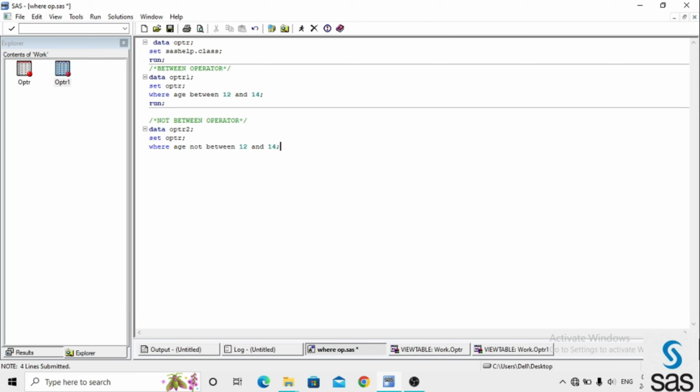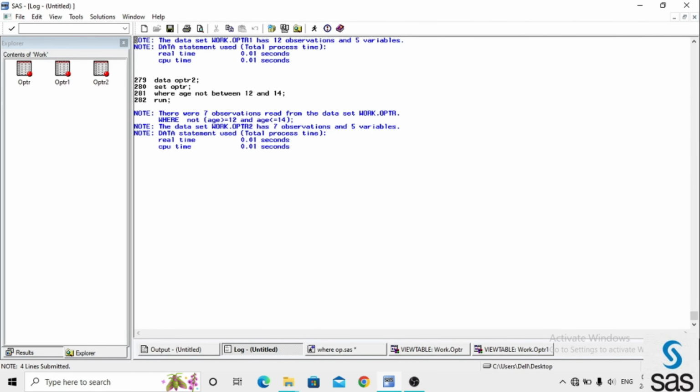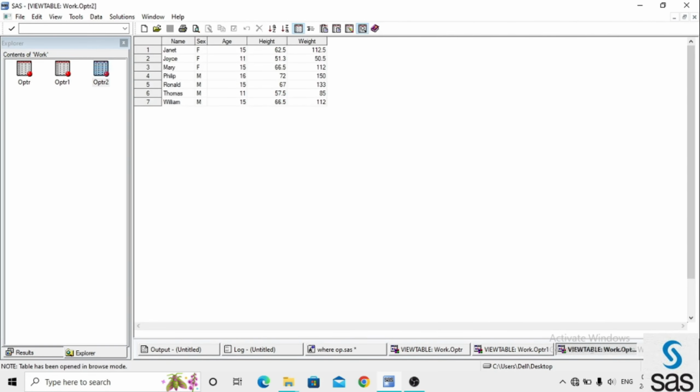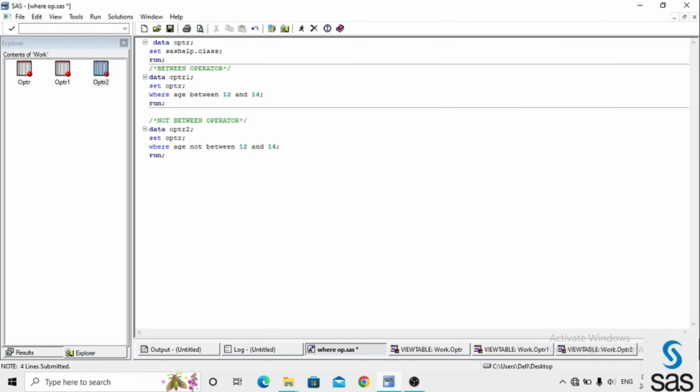Here we are not getting observations from 12 to 14. We run this code, and before opening the dataset, check the log once. The log is clear. Now we are opening operator2. Observe here, we are not getting 12 to 14 observations in the age variable; except for 12 to 14, we are getting all other observations. Like this we are applying the NOT BETWEEN operator.